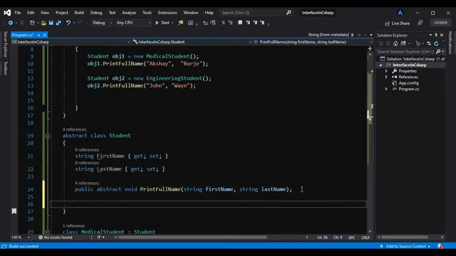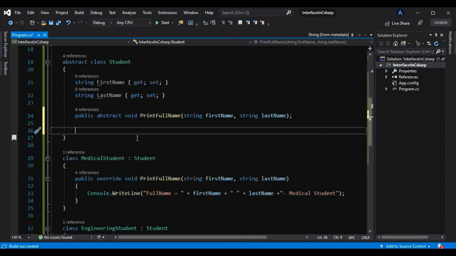Let's just consider that engineering student needs one method which will calculate the area of a circle. Okay, let's just take one method, public void, and the name of the method will be area of circle. Let's just take this method.